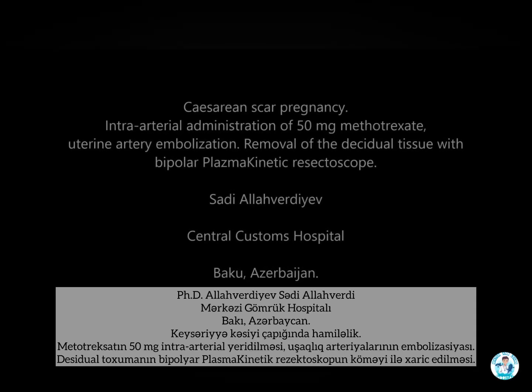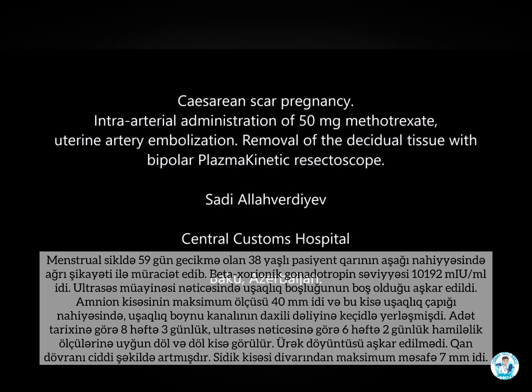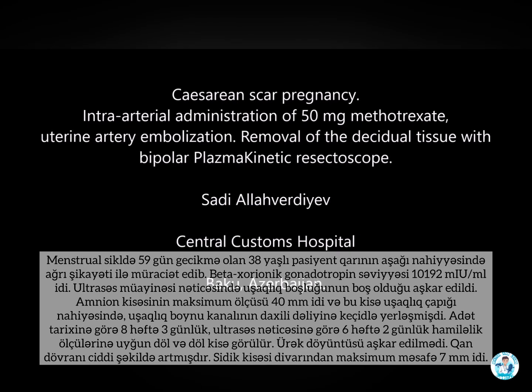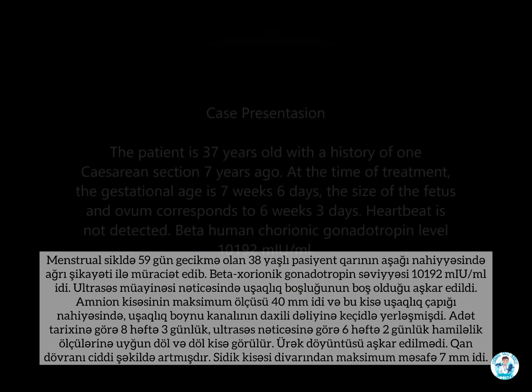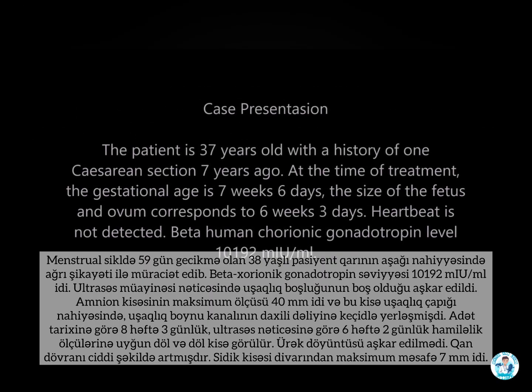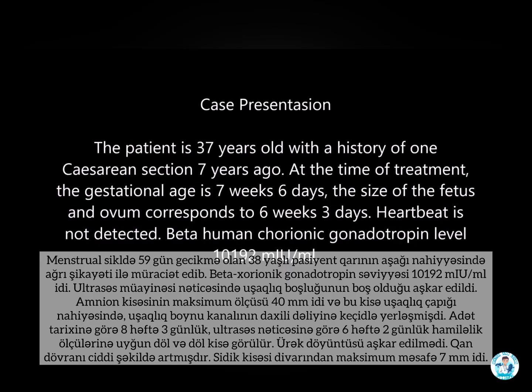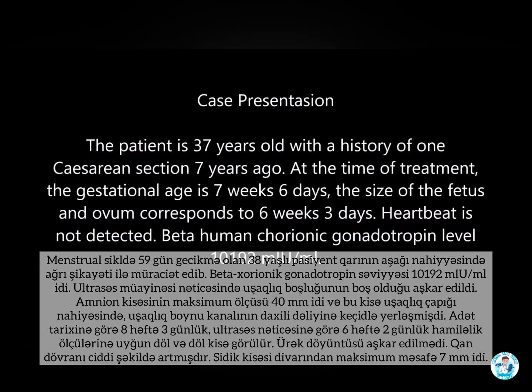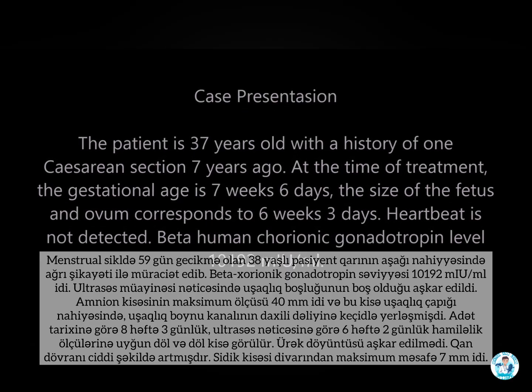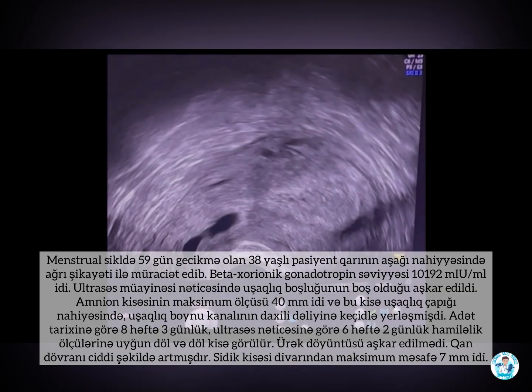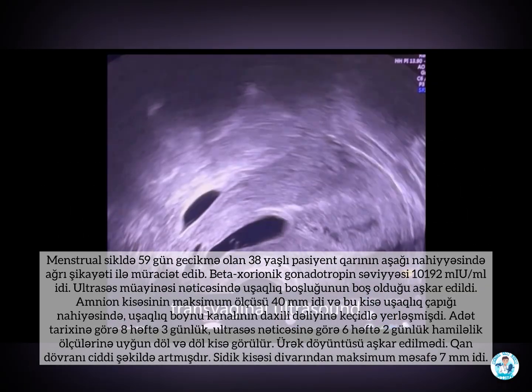The patient is 37 years old with a history of one caesarean section 7 years ago. At the time of treatment, the gestational age is 7 weeks 6 days. The size of the fetus and ovum corresponds to 6 weeks 3 days. Heartbeat is not detected. Beta human chorionic gonadotropin level